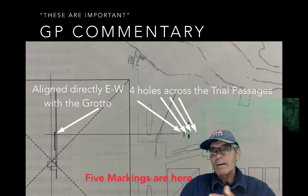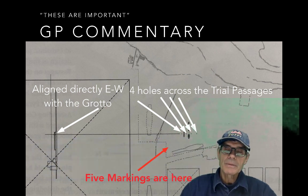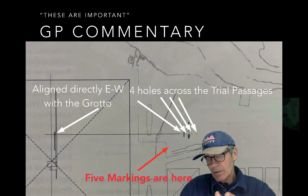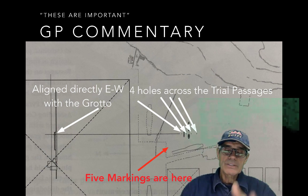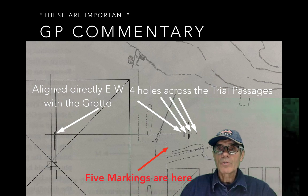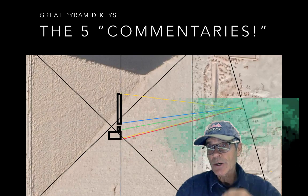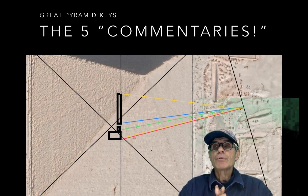Now, where are the 5 markings I'm talking about in relationship to the trial passages? They're right there. So they roughly follow the front face line, the western line of the 3 satellite pyramids there, and to the north of that point. So that's where they are. Now, just to cut to the chase, here we are. So I drew lines